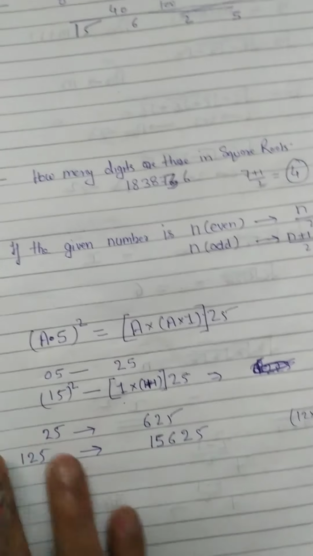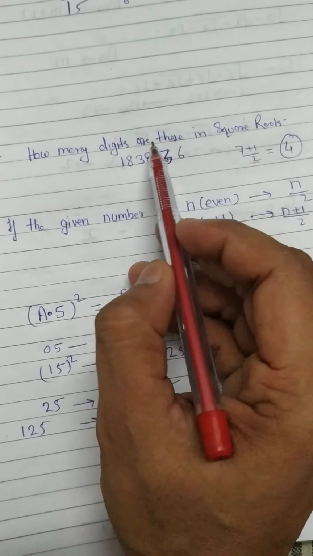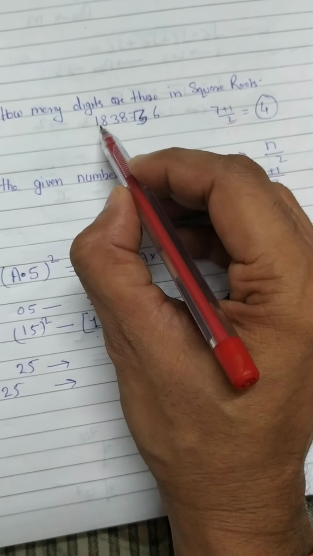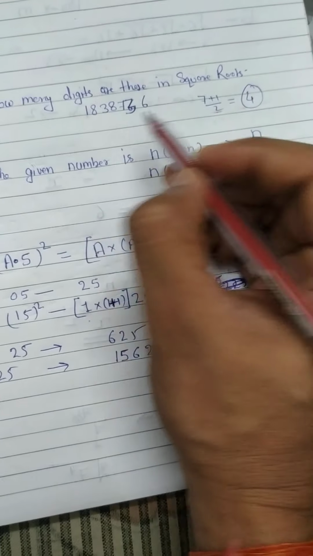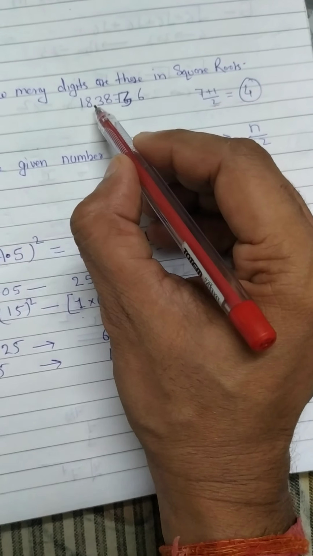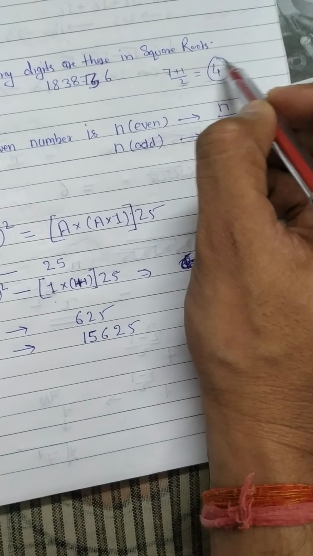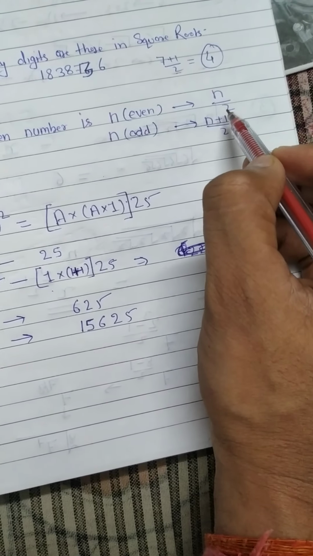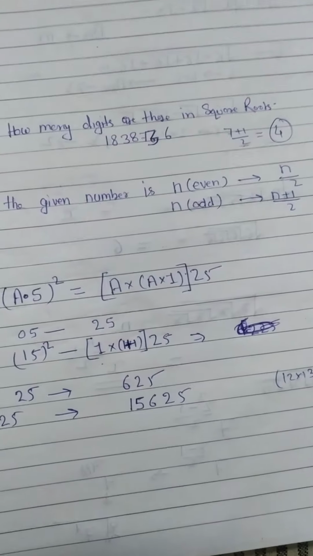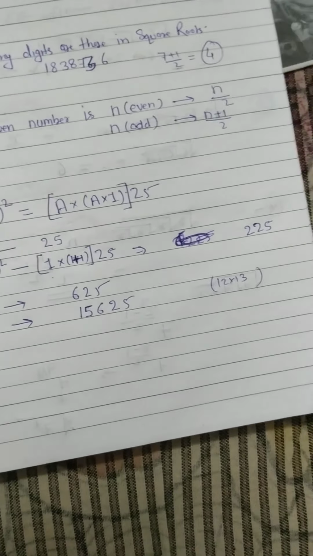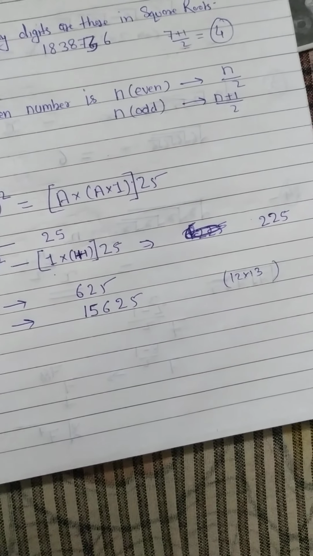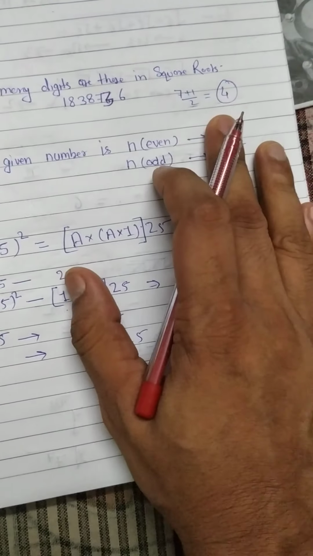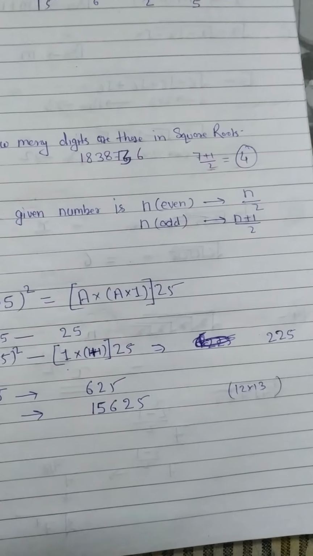Okay, some questions will be asking for the formula: how many digits are in the square root of a given number. If the number of digits is odd, then just plus 1 divided by 2, so this is a 4 digit square root, and if the number of digits is even, then simply divide by 2. If you find a question asking about this, you have to remember it, otherwise you will have to calculate the square root to find out how many digits there will be. This is a trick to know how many digits will occur for any square root.